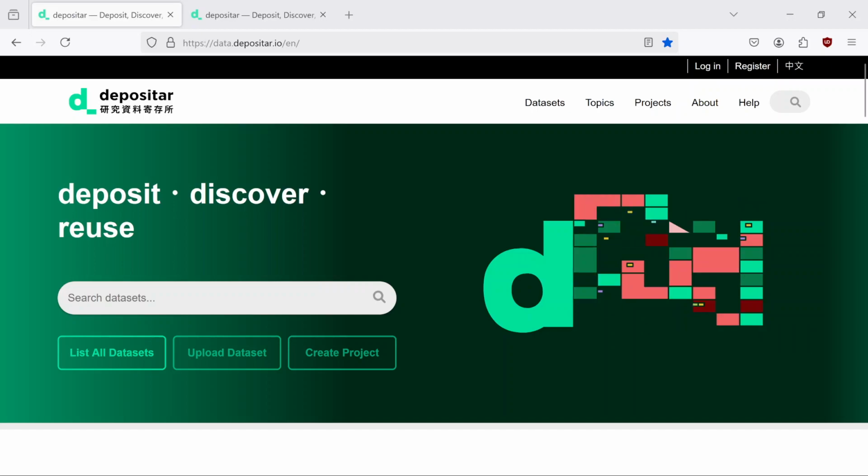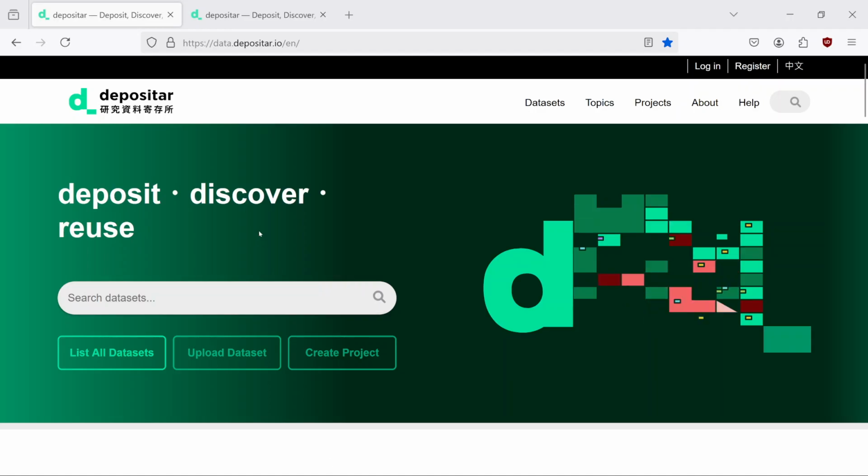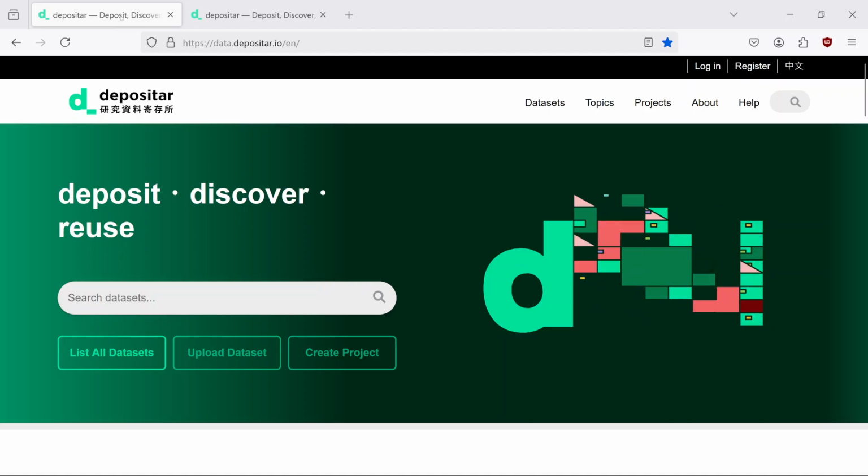In this video, I will demonstrate how to use depositar. There are two instances of depositar. One is the production instance. This is our official site. It is at